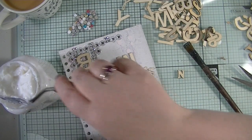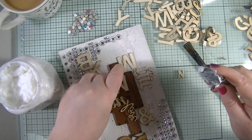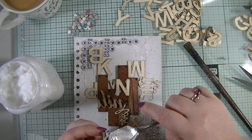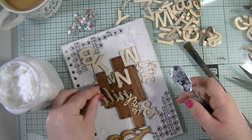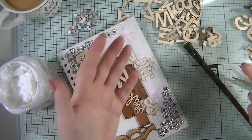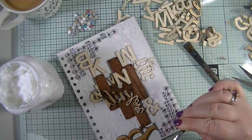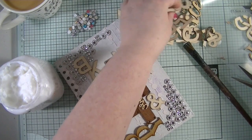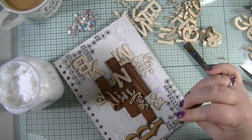Right, okay, now I've got the bigger letters. I've got a few smaller letters left, so I'm going to add these in, just in a few places. As you can see, I'm not going overboard at all with the letters. I'm adding them on top, and again, that's to bring in the texture. I'm having a lot of fun actually. This is really cool. Right, okay, where's that one? Because I definitely want to add some more on,